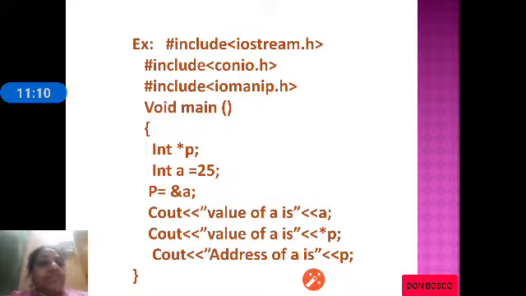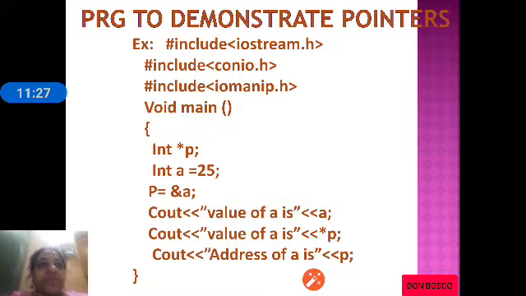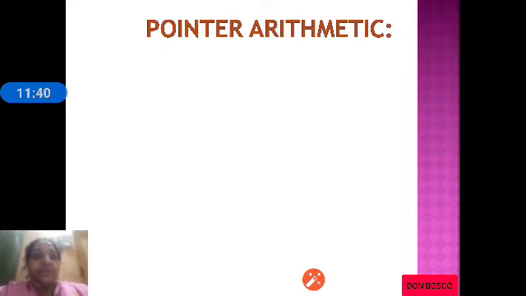If you just give p, the address of a is printed. Suppose you want to access the value which is pointed to by p, we give *p, that is the indirection operator. So this program demonstrates how we can use a pointer and how we can use the indirection operator to access the value which is pointed to by a pointer.